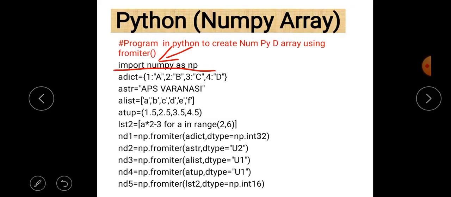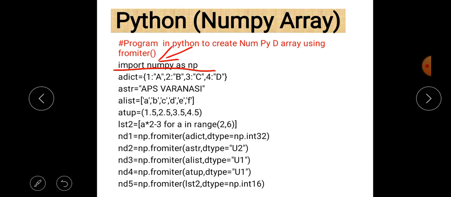Next there is a dictionary, and the name of the dictionary is edict, in which there are values a, b, c, d, and keys for these values are also given. Keys are 1, 2, 3, 4. As we know, in a dictionary a key-value pair always exists.